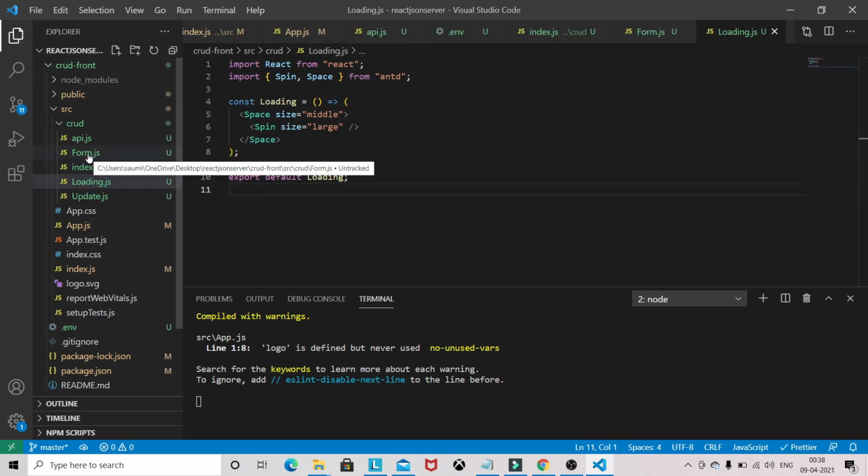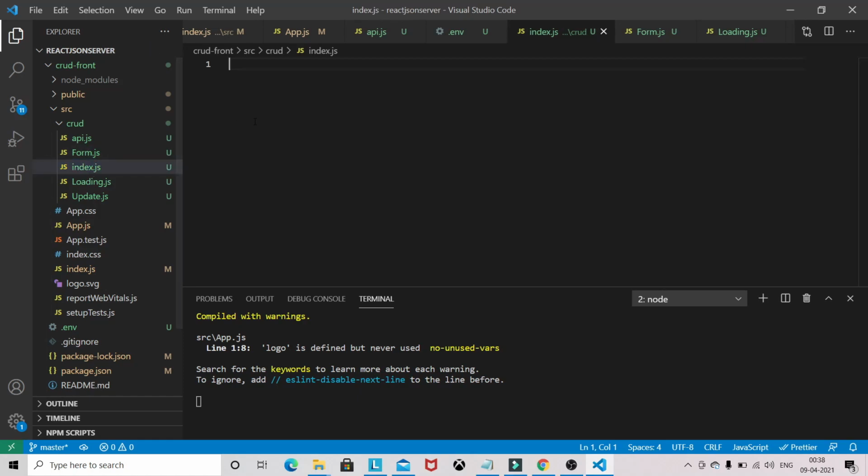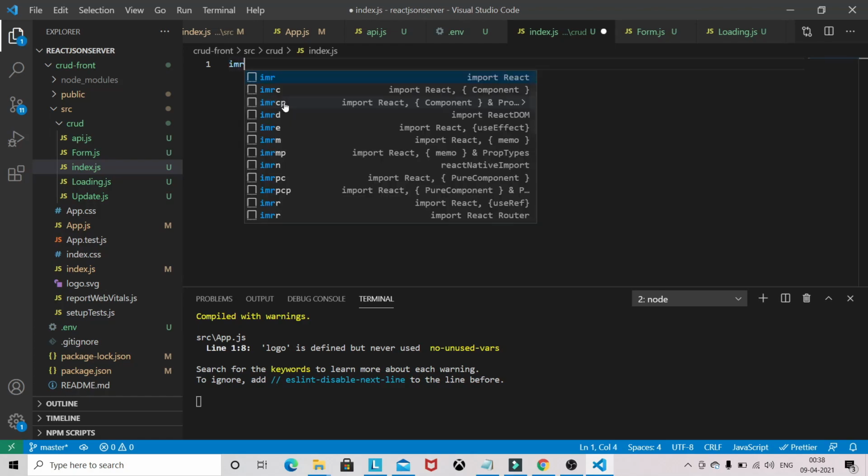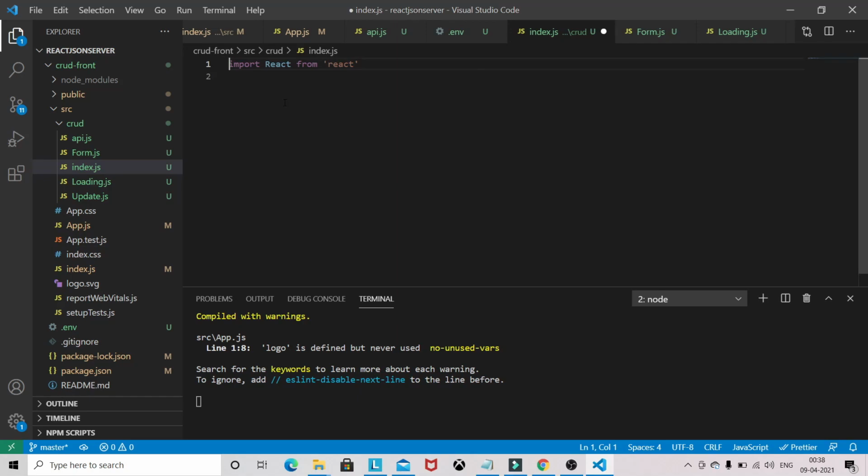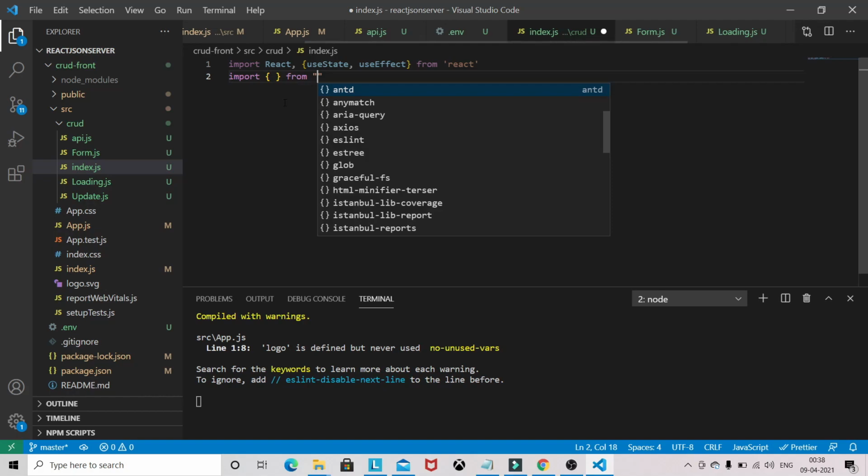Okay, now let's start working on this index file. What we will need: we need useState and useEffect, and we need toast from React Toastify.